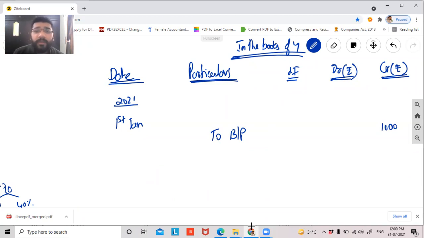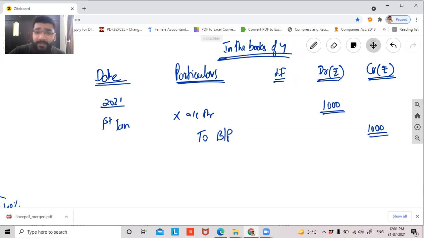Guys, this 1,000 rupees that Y has to pay to the bank on the due date, is this his liability originally? Has he enjoyed this 1,000 worth of benefit anywhere? No, sir. This liability is taking the responsibility with the intention to help X and with the belief that X will give his money back on the maturity date. So Y is expecting this money to come from X in future. So anything which we expect to come in future is an asset. So X account debit. This 1,000 rupees asset, we are expecting this money to come on the due date. Y is expecting this 1,000 rupees on the due date from X. And as soon as the money comes, he will settle this liability. So X account debit to bills payable.